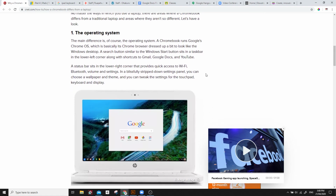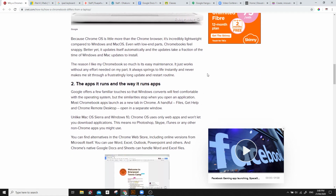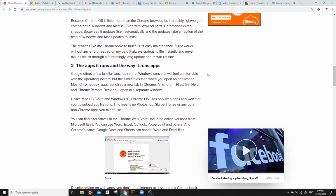So the operating system is a little bit different, so don't expect to be able to do everything you can do on a standard laptop on a Chromebook. Things like Photoshop and Illustrator won't be able to be installed on these because these aren't web-based programs. They have to be installed on the computer. The other biggest difference